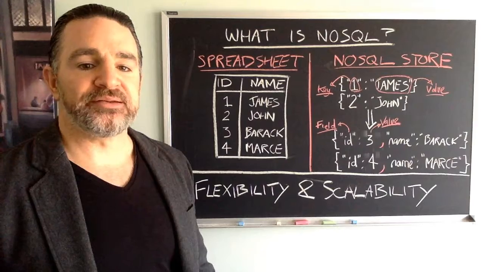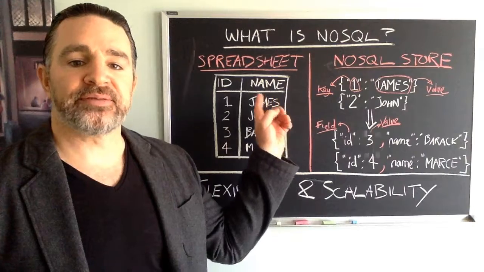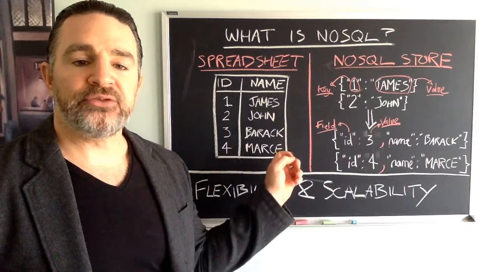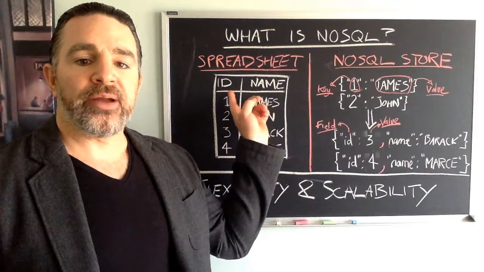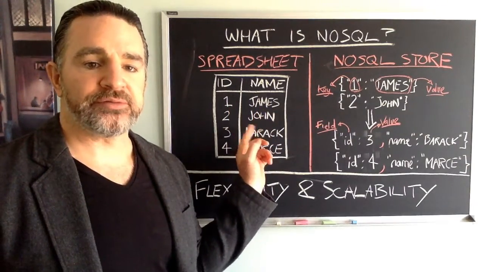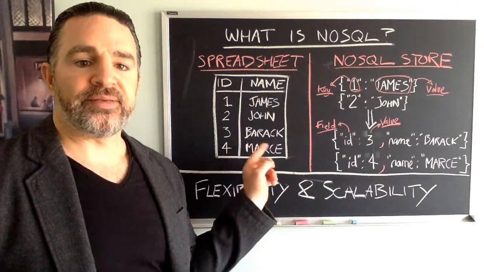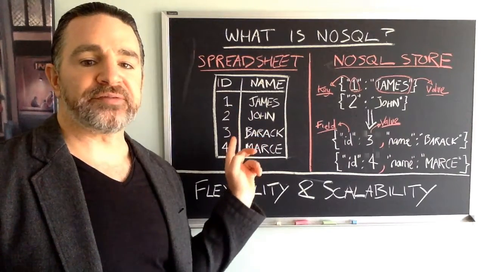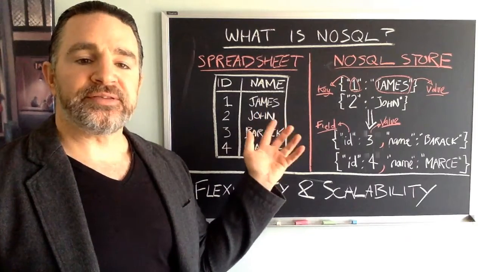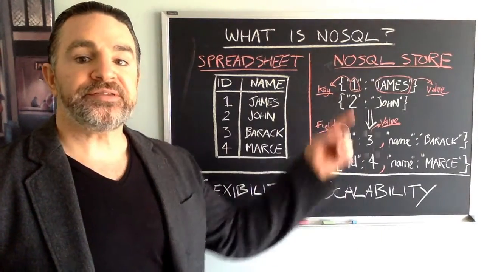Now, relational databases store data very similar to a simple spreadsheet, in the fact that you create your columns or fields. You'll hear it referred to as schema. I create my columns, and then I populate my data in my columns, in my fields, within my schema. Now you can see here I've got my customers table, and I have 4 customers, each with an ID and each with a name. So this is the way that I'm using a spreadsheet here, but this is really the way that relational SQL